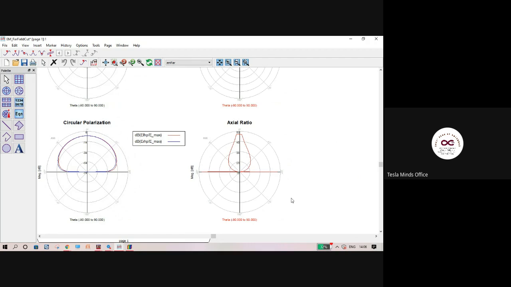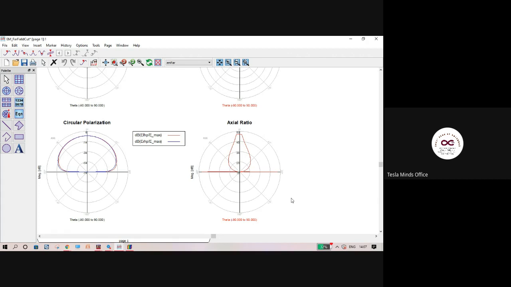Right? So for an antenna, you need the S11 graph. You need the 2D radiation pattern, and in some cases, the 3D radiation pattern. You need the current distribution visualization. You need the gain, directivity, maximum radiation efficiency, and intensity of the radiation, so that you can know the SAR effect.